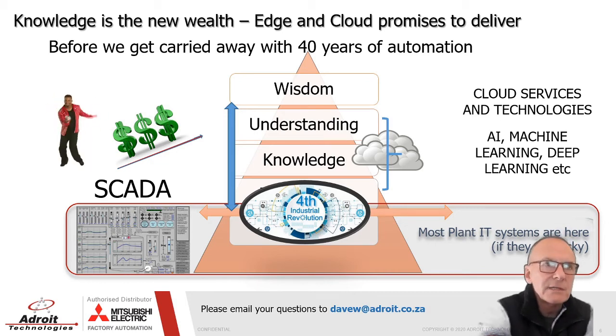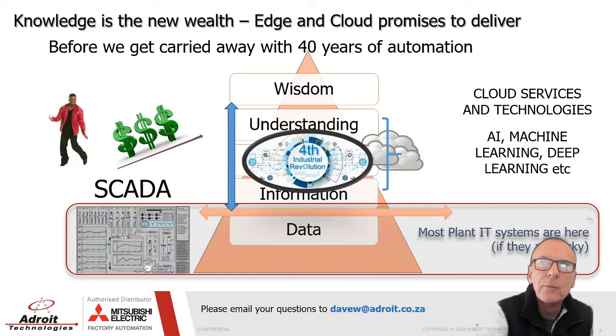40 years of automation, and we are still really at the data and information stage. And the fourth industrial revolution is all about how we move up the value chain using the data, and the technology that is supporting that is cloud services and other smart technologies which are making that more possible. IoT, supplementing data, more data.